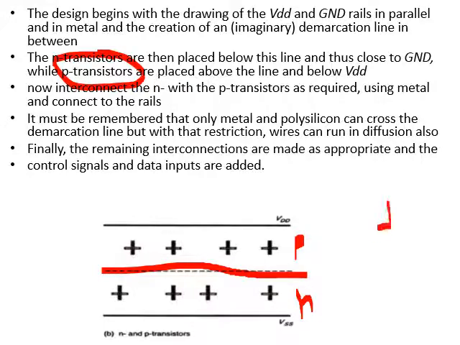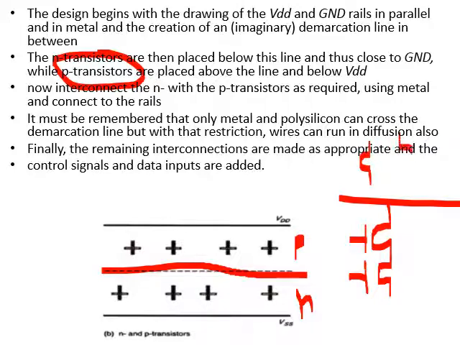For example, if we have an AND gate, then we will be connecting two NMOS transistors in series below the demarcation line, and above that we will be drawing the PMOSFETs in parallel. In the same way, in drawing the layout also, we will be placing the transistors as per the connections. We know the connections because we are the designers. So these are the points to be followed while drawing the layout.